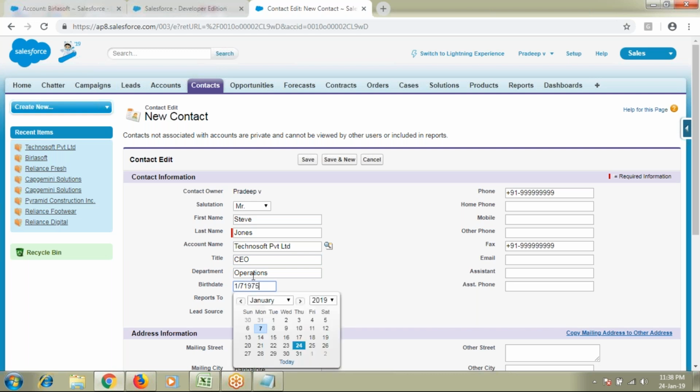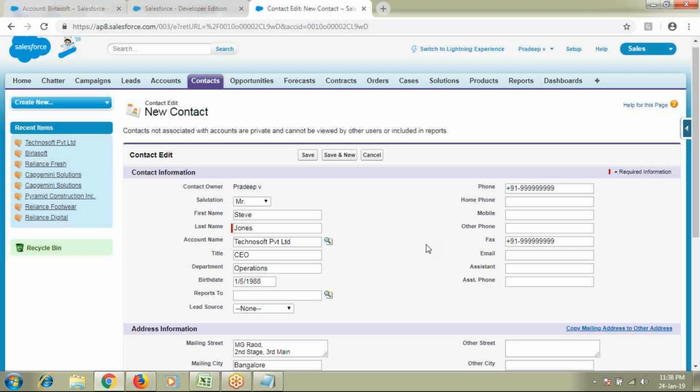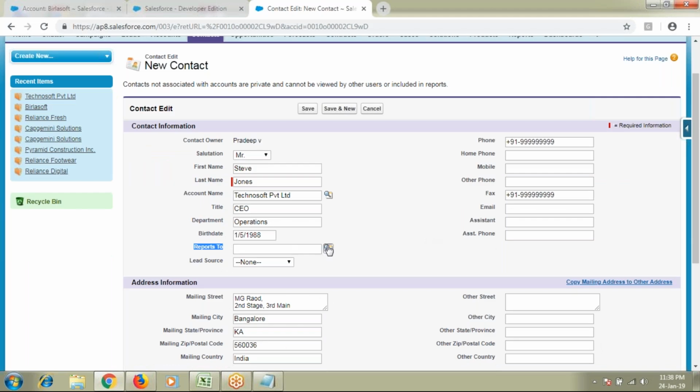Okay, and reports to. So if this contact is reporting to some other contact, then we can take that particular contact as a manager.